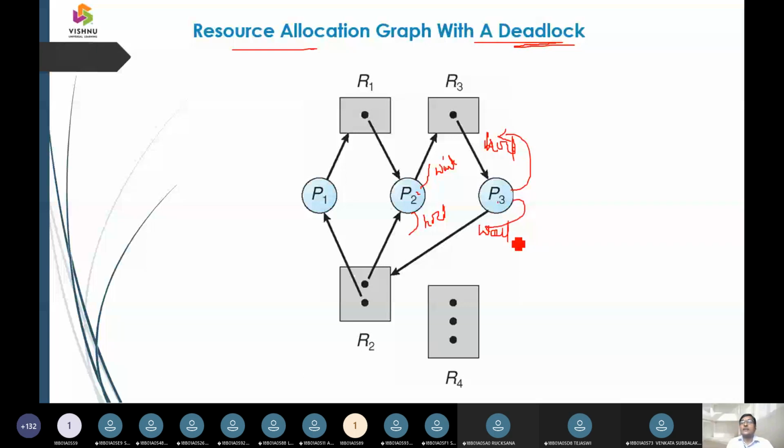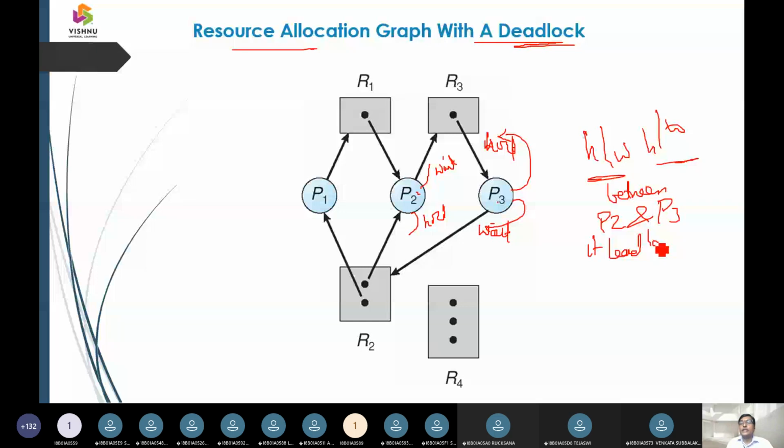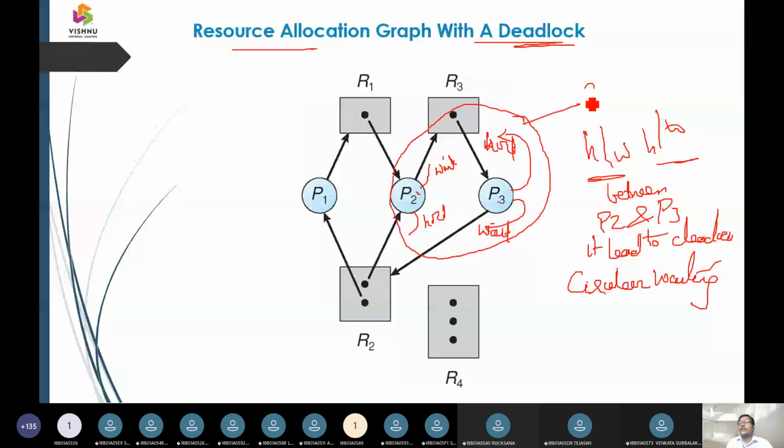So hold and wait between P2 and P3 is going to lead to deadlock, and that too it fits a condition called circular waiting. It is going to form a loop structure here. So it is leading to circular waiting here.